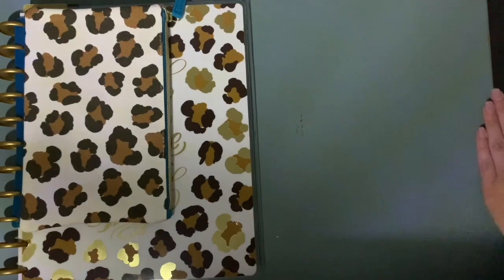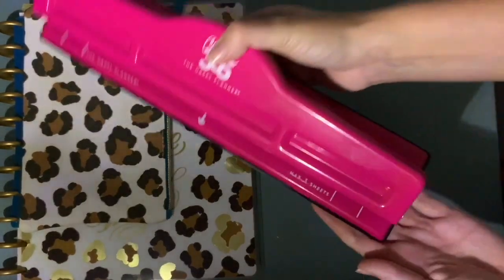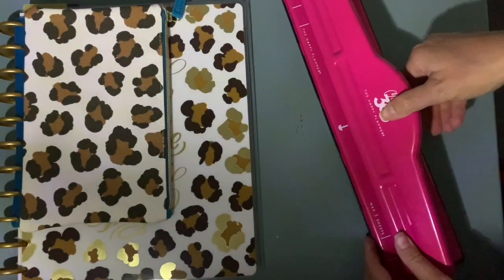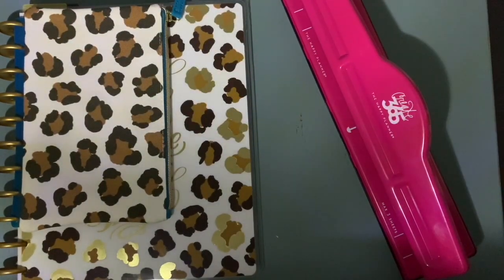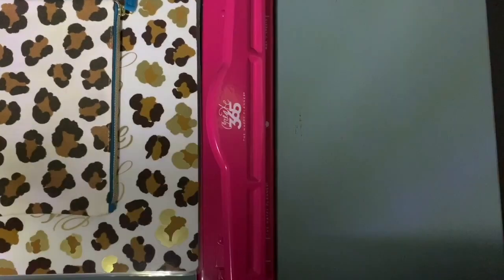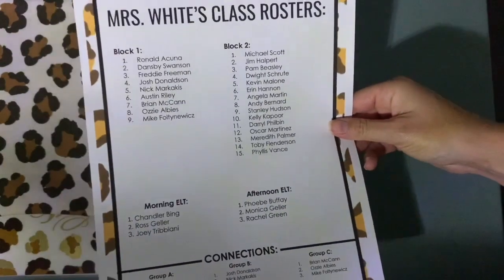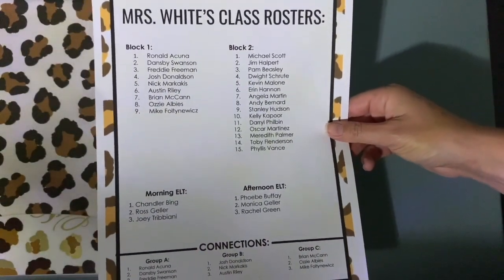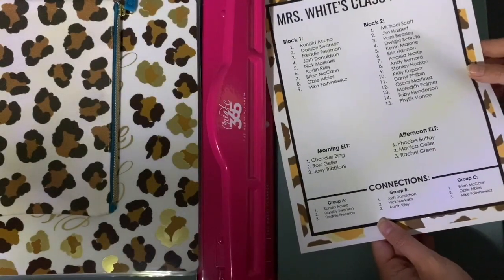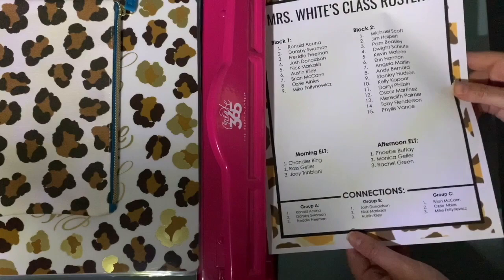And the final accessory, which is by far my favorite, is the Happy Planner Hole Punch. This allows me to put anything I want in my planner and also have the same ability to remove and reinsert it as I want. My planner is my life when it comes to school, so I keep a lot of things in it. Just an example is my class roster. Obviously, these are not my actual students. My block 1 is the starting lineup for the Atlanta Braves, and my block 2 is the cast of The